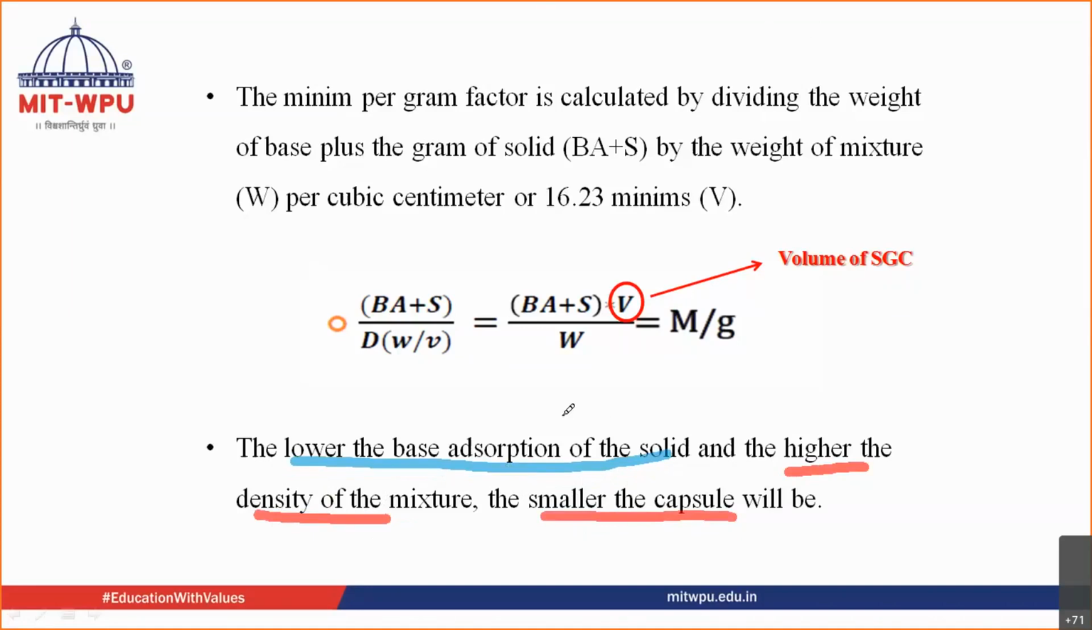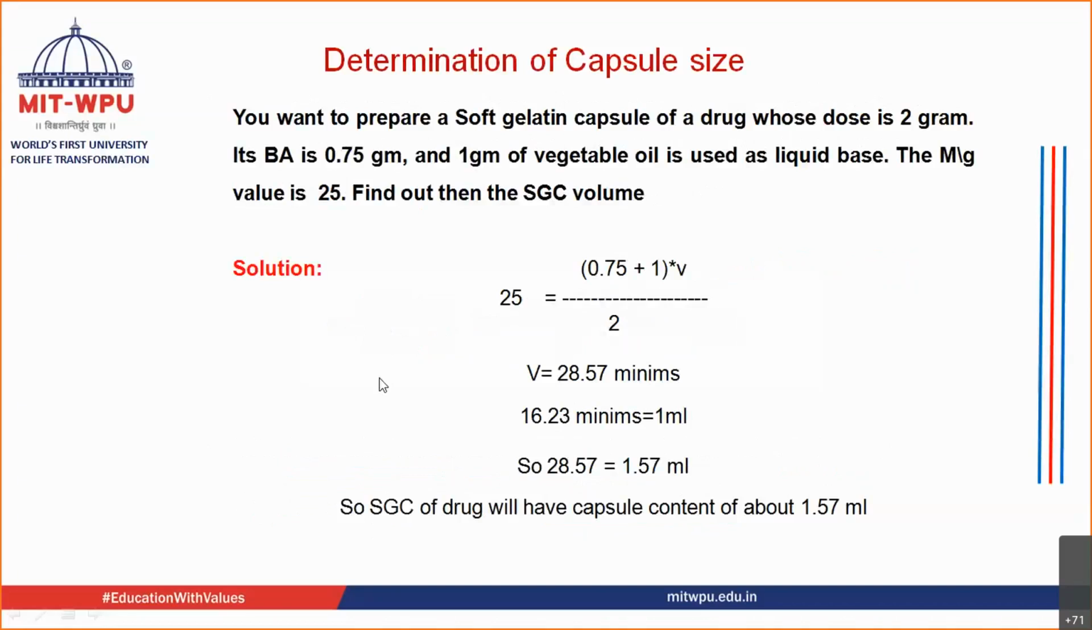Let us further see how to calculate the capsule size with a problem. I will show you one problem, that will clear the concept of your minimum gram also. Now, let us take an example where you want to prepare a soft gelatin capsule. While preparing a soft gelatin capsule of a drug, the dose of the drug is 2 grams. So this is the total solid. This is the weight of the total solid that is required, W,